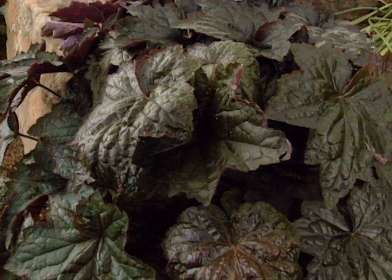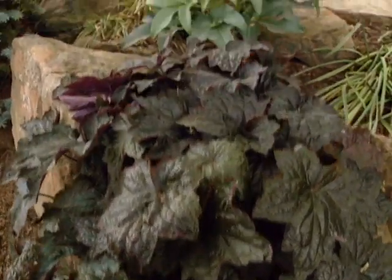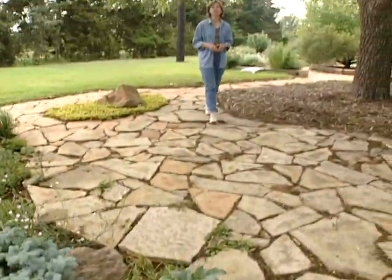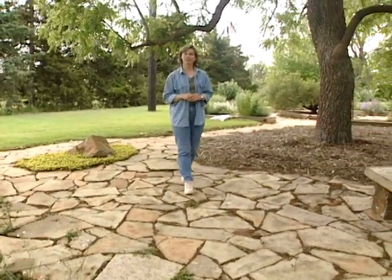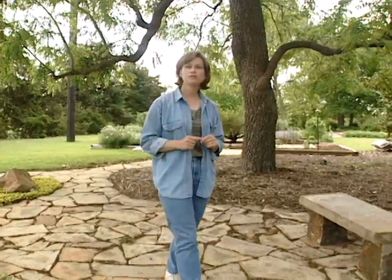Well, if you're looking for something to grow in your shade perennial garden, you're tired of hostas, or maybe you just want to add a little bit of variety to it, you might want to think about planting a heuchera. Now, traditionally, we've thought of heucheras as kind of a mounding green leafed plant, and what we were focusing on were the flowers. Heucheras come in several different species with common names such as coral bells, also alum root, and